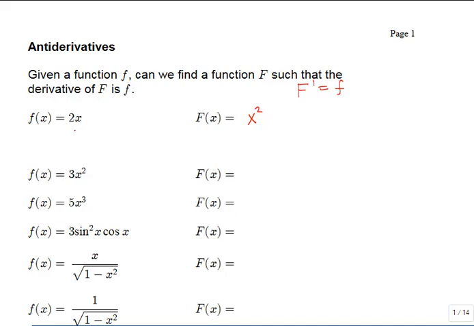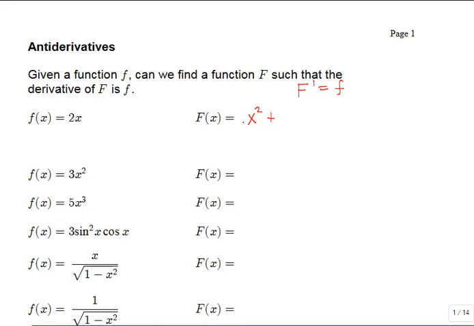Well, how about if I made it x squared plus 1, or x squared minus 5, or x squared plus pi? Would those also have as their derivatives 2x as well? Yes, because the constant is going to go to 0 each time. So the problem with these antiderivatives is there's not going to be a single solution. There's actually going to be a whole family of solutions, and the way that we're going to designate that is